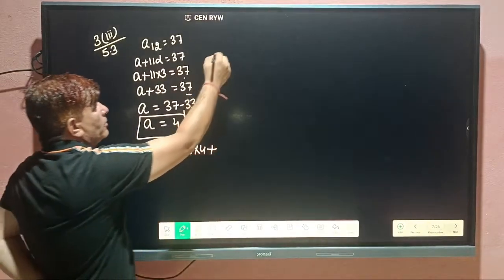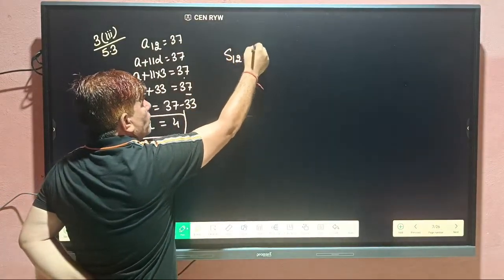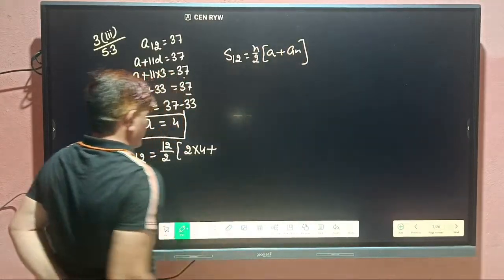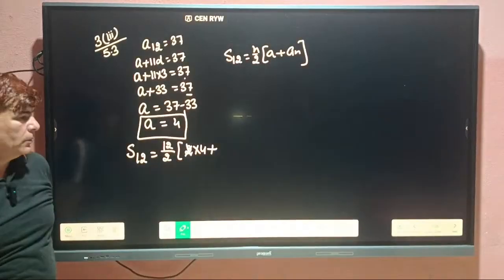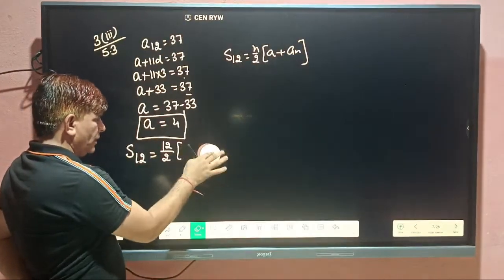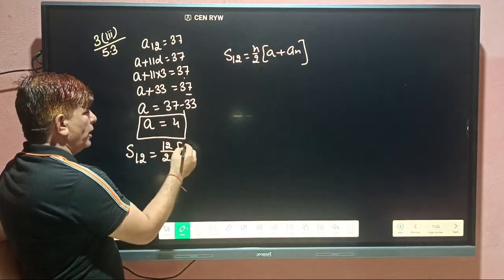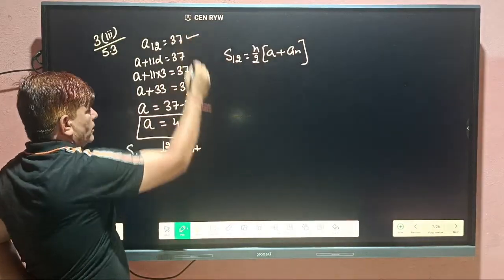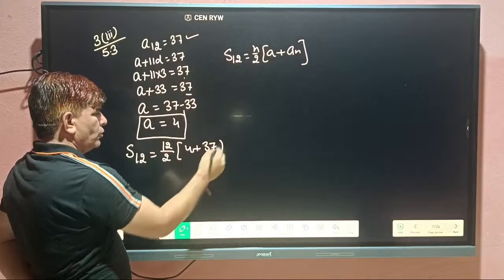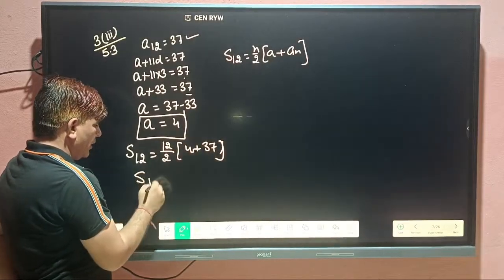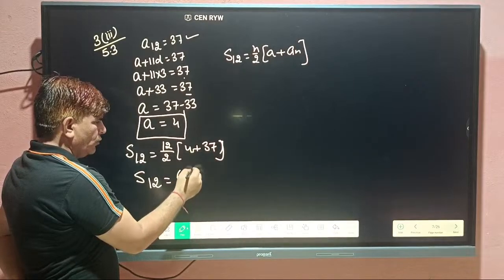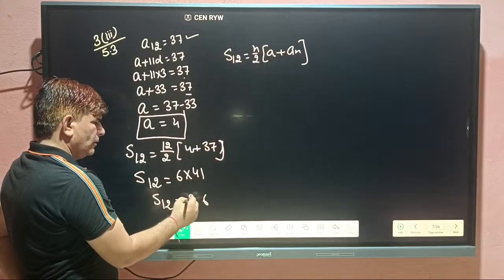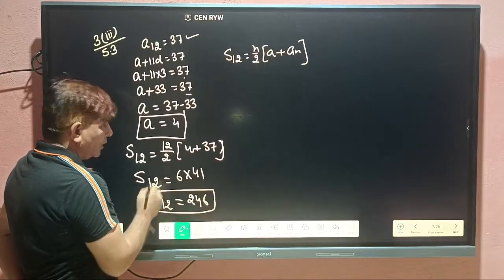So we can apply this formula: S12 equal to N by 2 into A plus AN. This one we will not take; we will apply that formula directly. A is 4, AN is 37, plus 37. So simple. S12 equal to 6 into 41. So S12 equal to 6 1s are 6, 6 4s are 24. So according to this question,